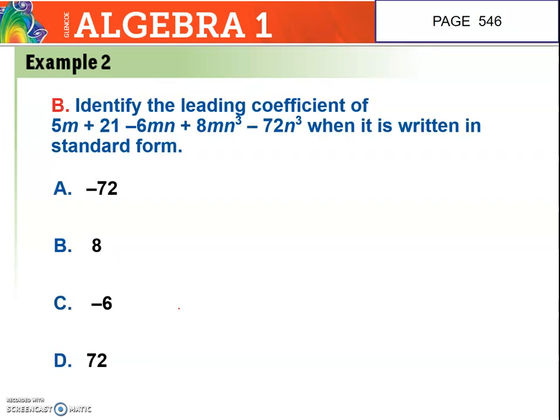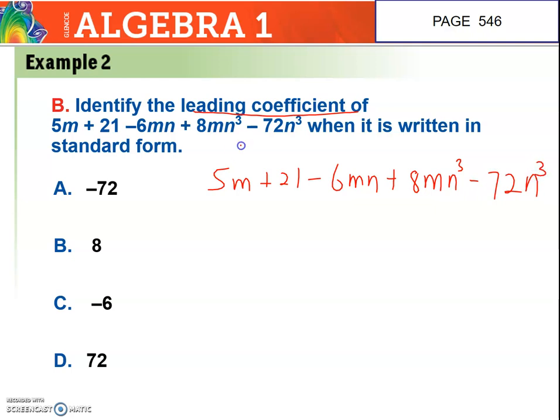B, identify the leading coefficient. Now in writing this, I'm going to write them again. Now what we are looking at is when it is written in a standard form, we are identifying the leading coefficient. So we have to write it in a standard form by looking at the one with the highest degree. 5m, let me write them again, 5m plus 21 minus 6mn plus 8mn3 minus 72